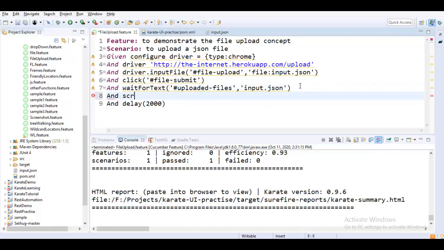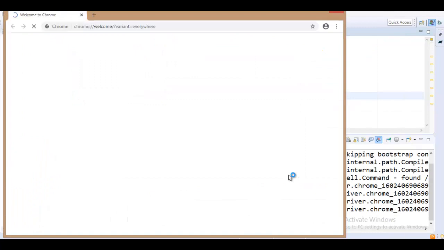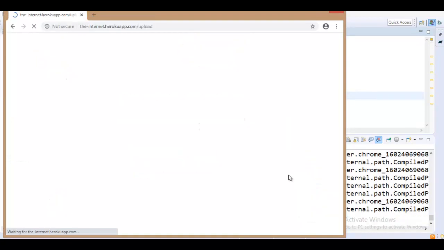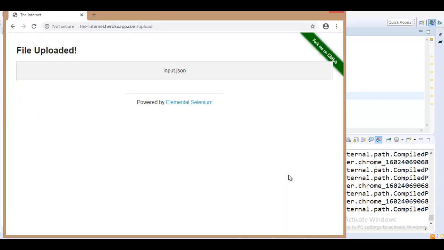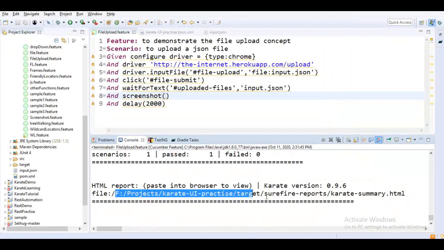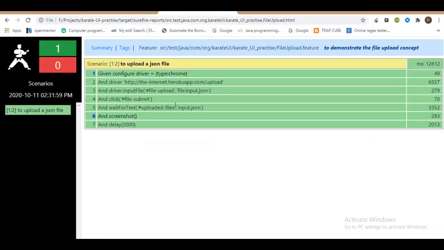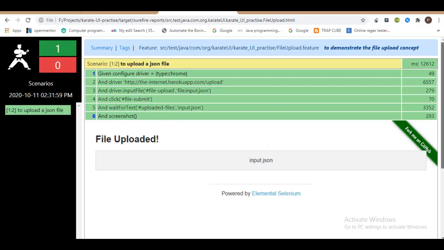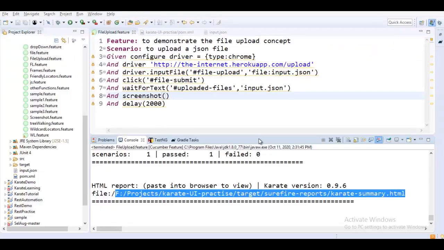And you can also add a screenshot. So let me put a screenshot so that we can go ahead and verify the report, how that report looks and how the screenshot has been embedded to that particular step. File has been uploaded, and now if I go to this particular location and open this HTML page, I should see the report. This is the test case that we have executed, and you can see no failures here, and the screenshot has been embedded to that particular step. So this is how simple it is in Karate to upload a file